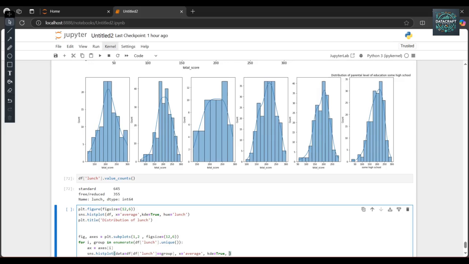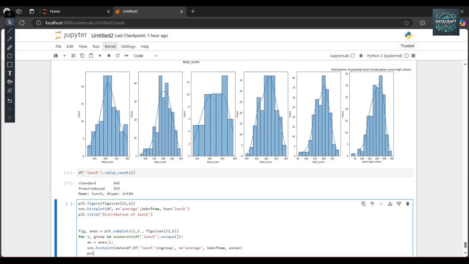The next parameter I need to pass is ax is ax, and plt.title of this particular plot